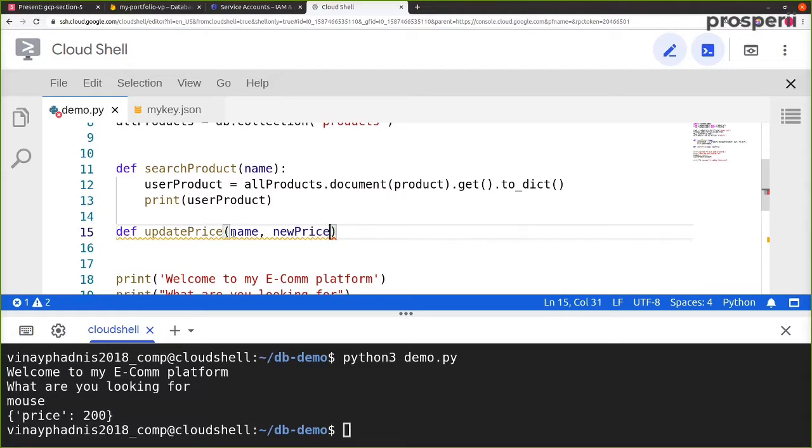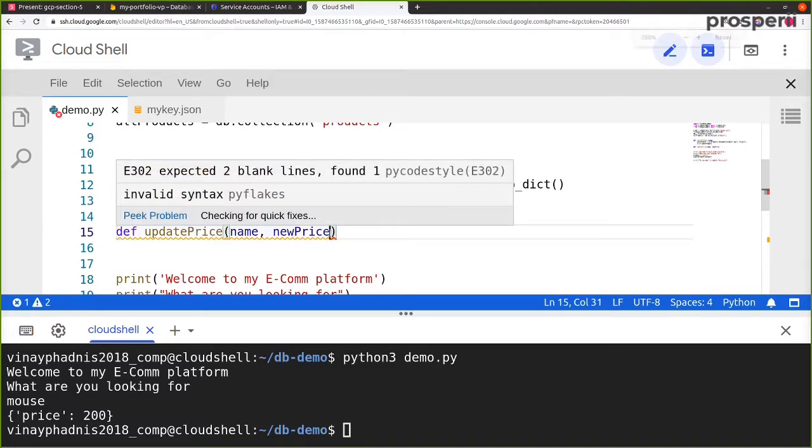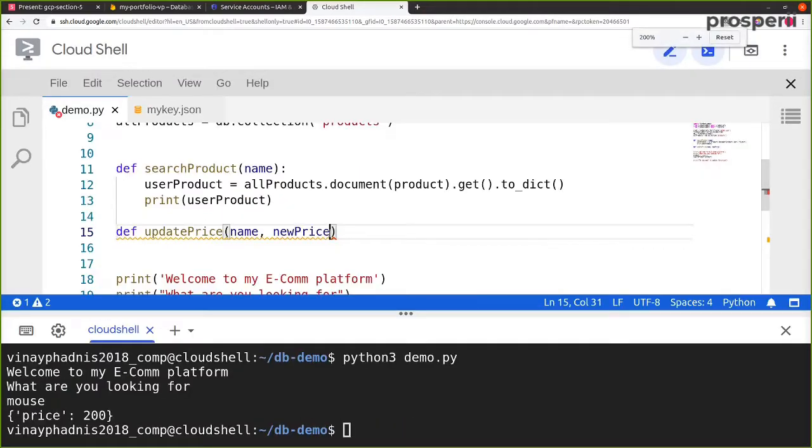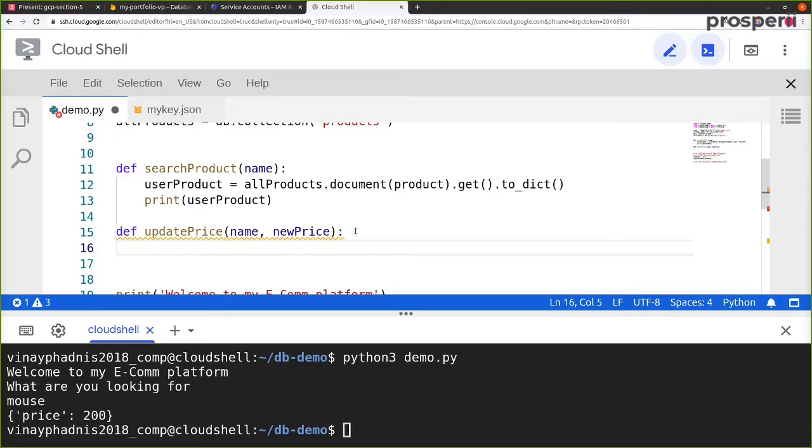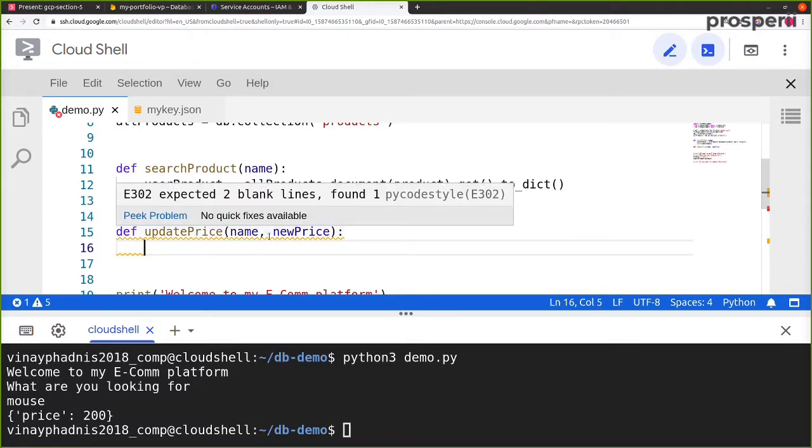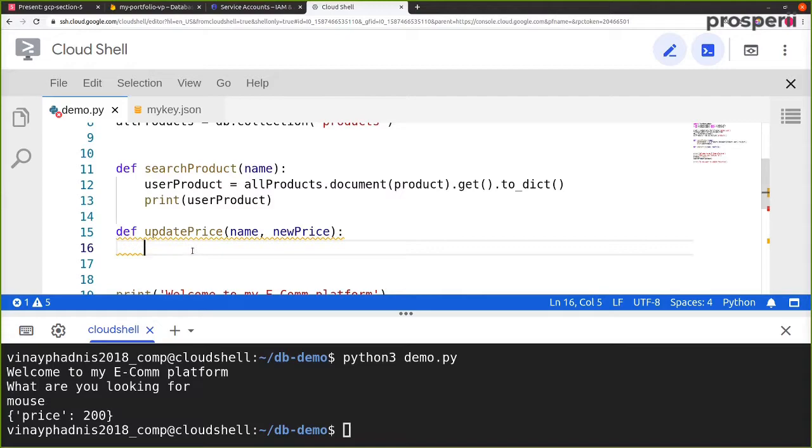So inside this function we pass in the name and the new price. Now let's type in a colon, and on a new line, let's start changing the price. Over here, we want to get the document. In order to update something, first of all, we have all products.